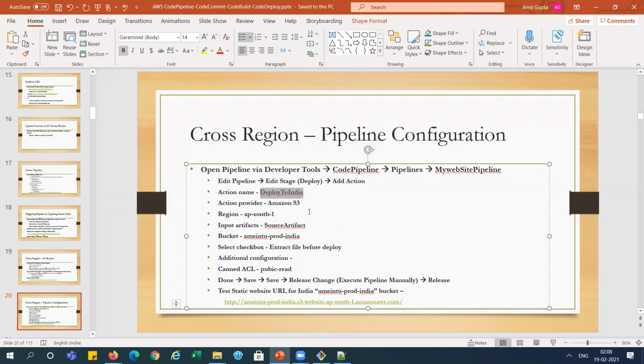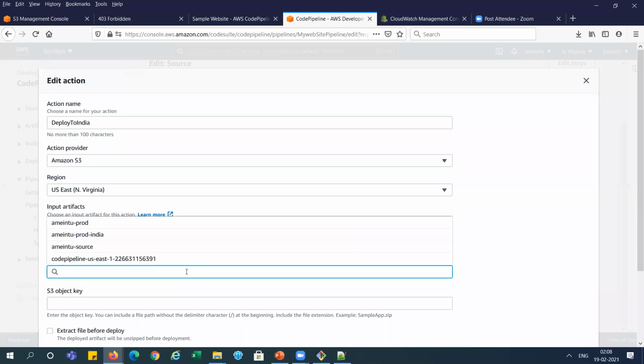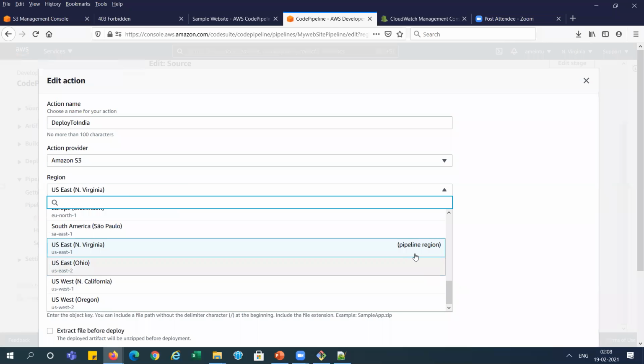Okay, now you can see here, we need to select the region. Because bucket name we are getting, but we need to deploy this in the India region. This pipeline region is showing by default, because the pipeline is in US East 1.